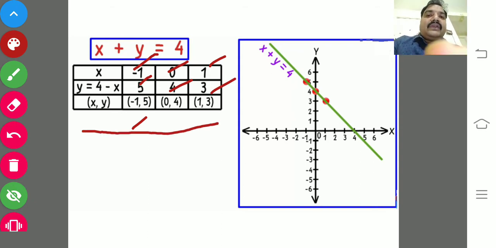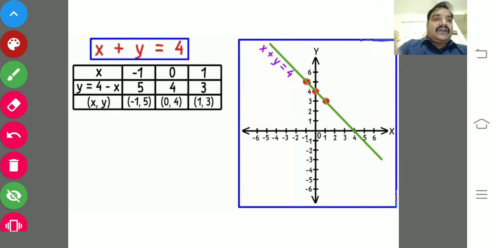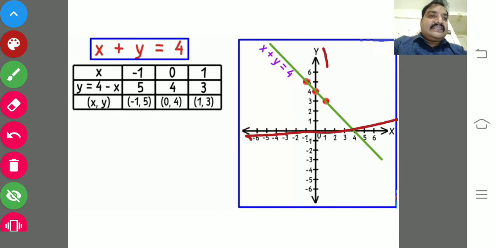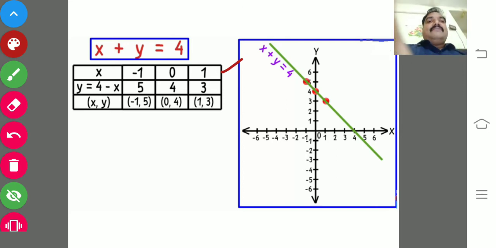After writing the ordered pairs, simply go to the graph. You know that this is the x axis and this is the y axis. After drawing the x axis and y axis, you have to write numbers like 0, 1, 2, 3, 4 according to the values. What is the highest value in x? I have taken only 1. What is the highest value in y? 5 is the highest one. So you have to take the x axis and y axis up to 5. So 5 and 6 is enough. How to plot, we have already discussed in the previous video.